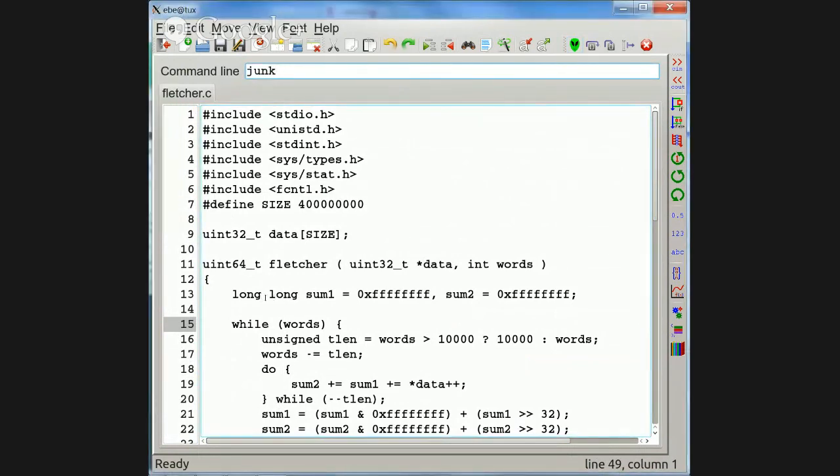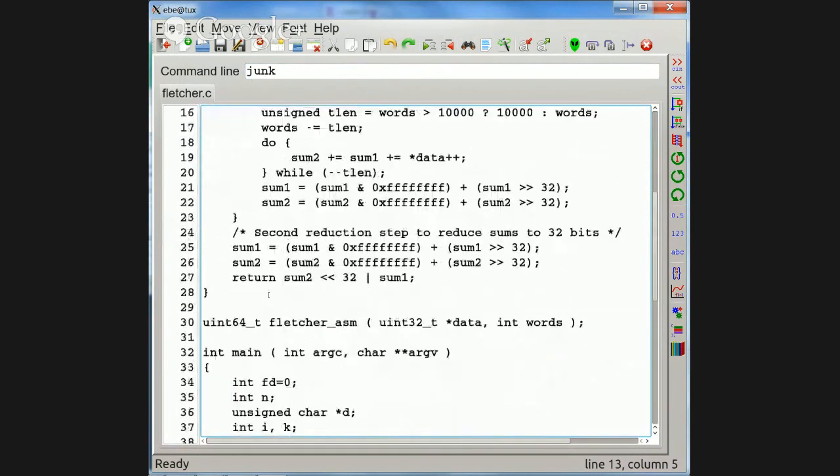More Windows garbage. Windows has a long that is a 32-bit integer.